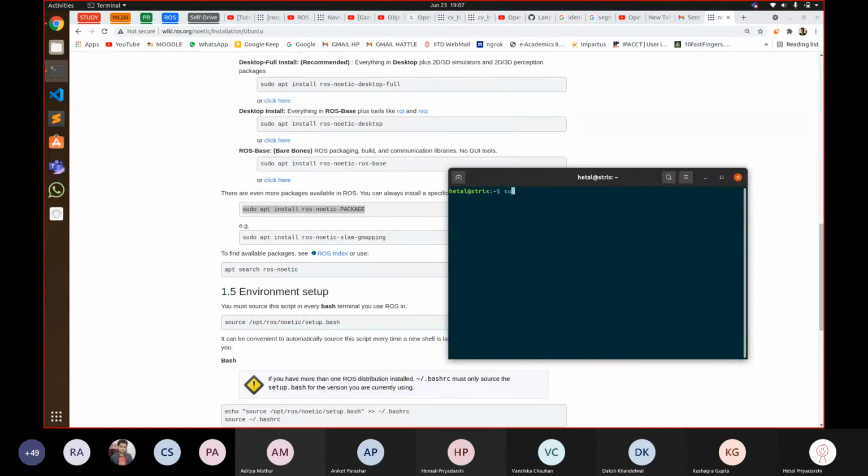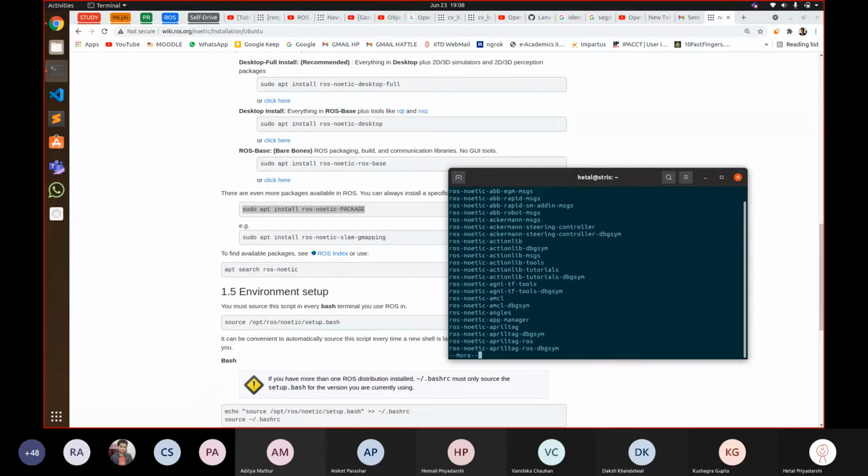You just do the double tap, and these are all the packages which ROS has. These are a few of them; you can see more. These are all developed by various people in the community and open sourced to everyone.